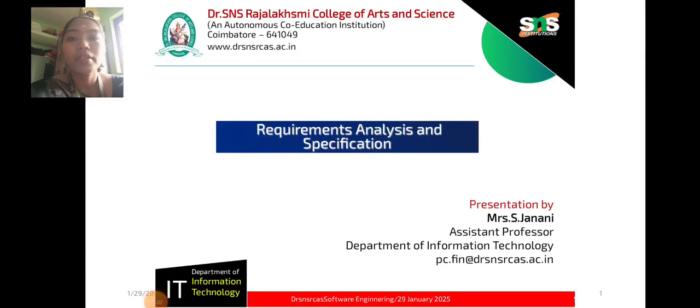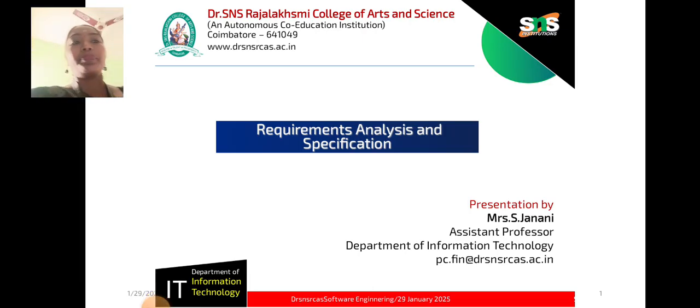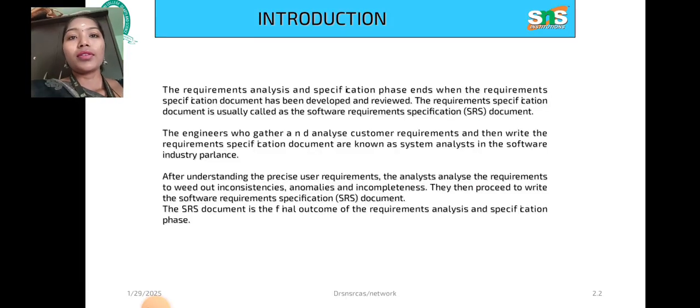So we're going to discuss the requirements and specifications. Here we consider the requirement analysis. First, it's considered in the software engineering waterfall model. The waterfall model is a very basic and very traditional model. After using the waterfall model, we are now focusing on the agile model, which is more